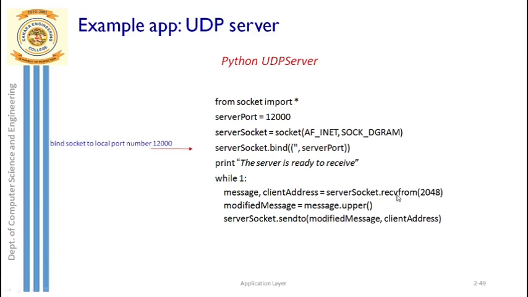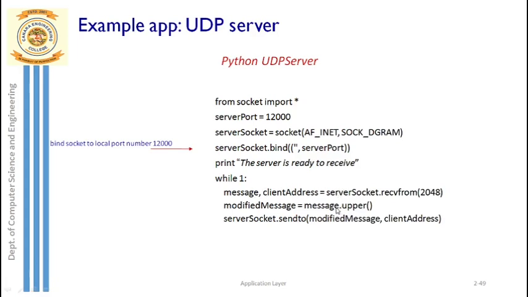So from the buffer you read the contents, and now the content is the input message which is in lowercase. That message you directly store in a variable called message, and along with that the from address is also received. What is a from address for the server? For the server, the from address is the client's address. So the client's address, whatever IP address and port number is received, you store in a variable client address. The client address has two parts, the port number and IP address of the client side, which you have just received along with that input message. So once you are ready with this, now you do the next thing.